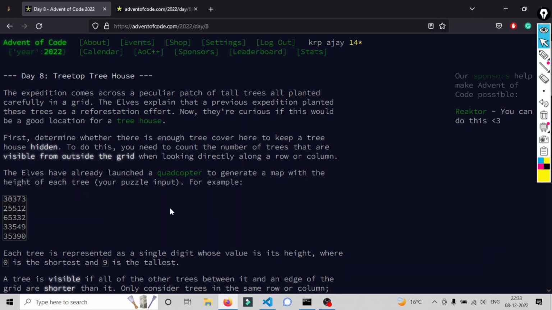Hello everyone. In this video we are going to solve the Treetop Tree House problem, which is Advent of Code day 8. In this problem you will be given a set of integers, which are tree heights. Basically this is a jungle where there are lots and lots of trees, and you have to find out the trees inside the jungle whose height is greater than the trees in all four directions. So for example, if you take,